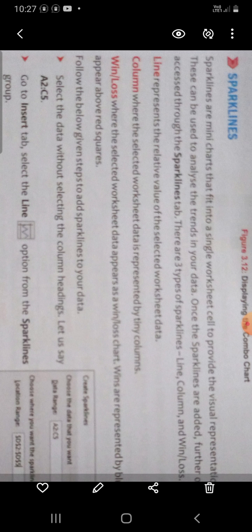The next is using goal seek. Goal seek is an important feature that helps us in determining input values needed to achieve a specific goal. Here goal means task. It calculates a value by performing what if analysis on a given set of values. We can understand it better with the help of an example.